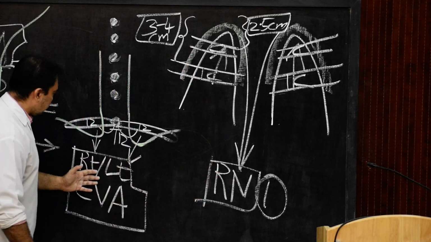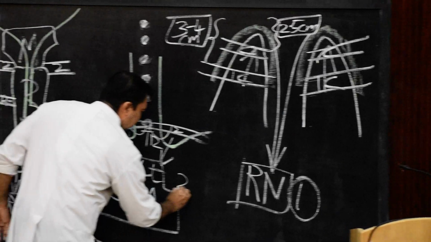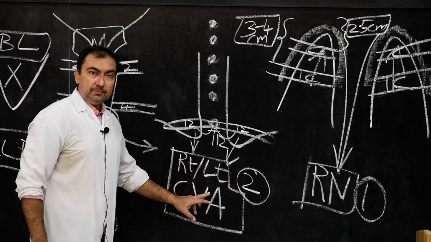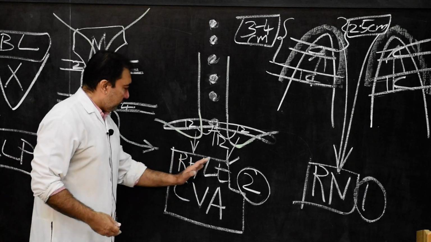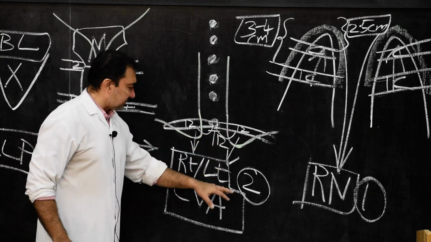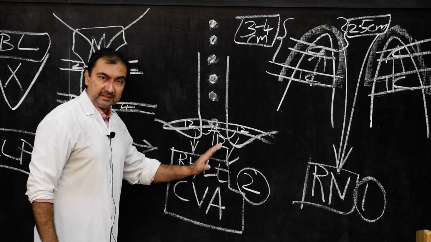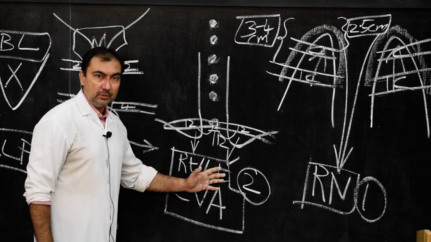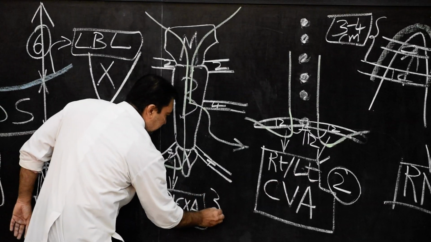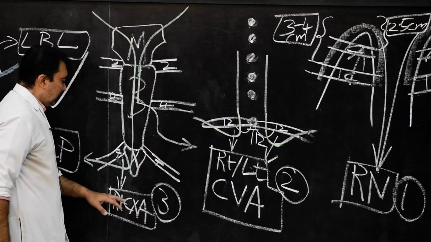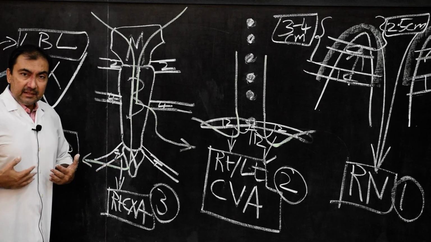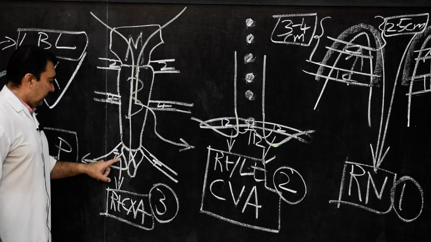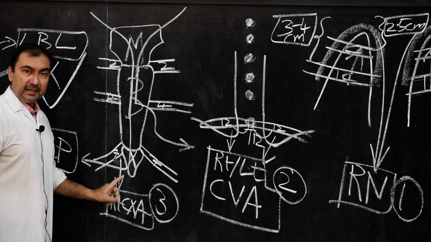Second place is, please come on this side. If you name it, this will be the second place: right and left costovertebral angle, posteriorly and inferiorly, where the pleura will descend beyond the thoracic cage, beyond the thoracic skeleton. Right and left costovertebral angle, place number 2. And here, this is place number 3, where on the anteriorly right side, the right pleura will descend at the level of right costoxiphoid angle.